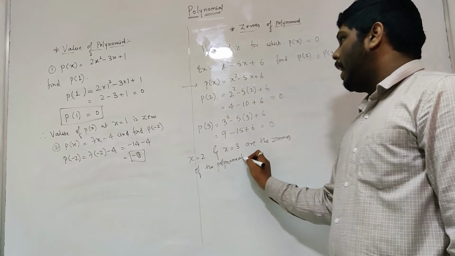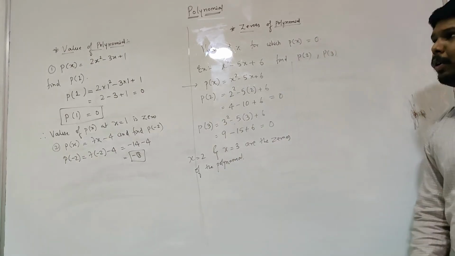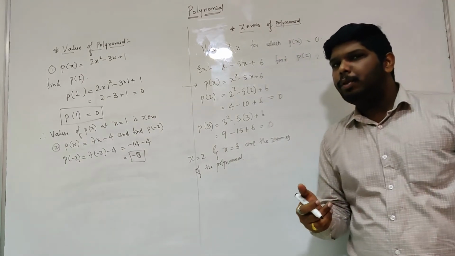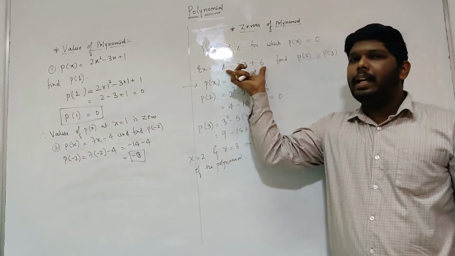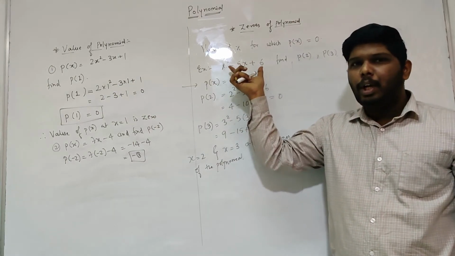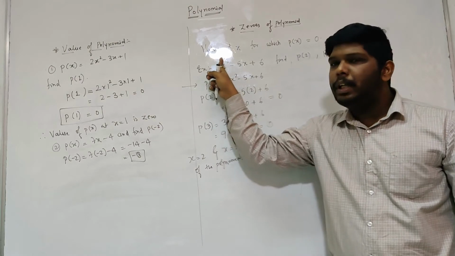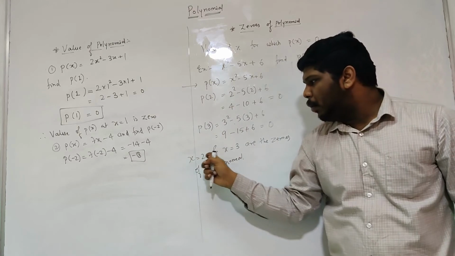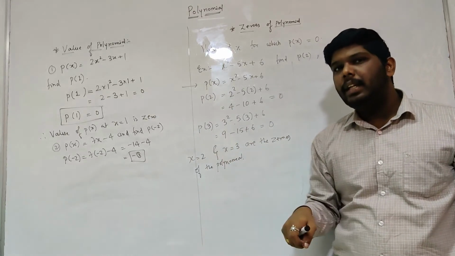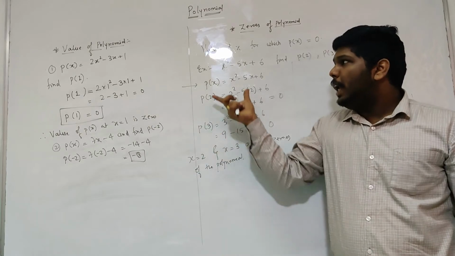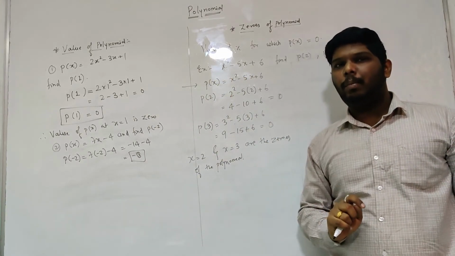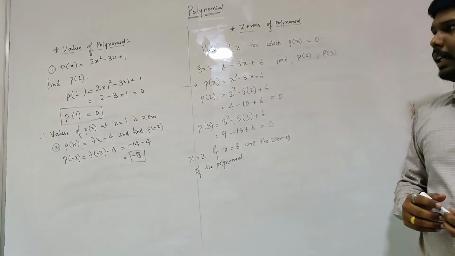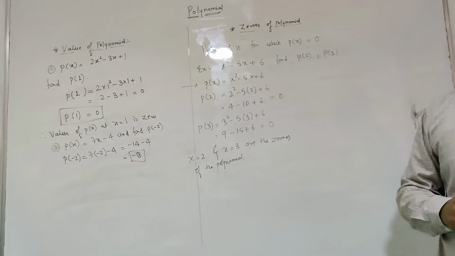Clear? And now the last important point that we have to remember with respect to zeros of the polynomial. What is the speciality you see in the given example? This is a quadratic polynomial. So can I say the degree of this polynomial is 2? And if the degree of the polynomial is 2, can I say there are two zeros? It means the number of zeros for any polynomial is equal to the degree of the polynomial. And this is nothing but the fundamental theorem of algebra. So the next and the last very important point is the fundamental theorem of algebra.